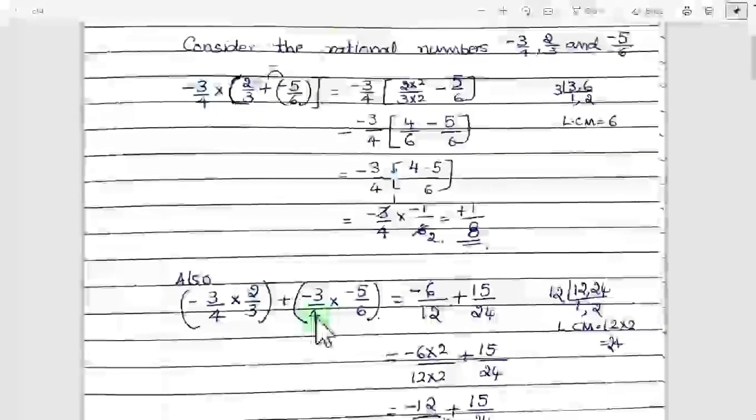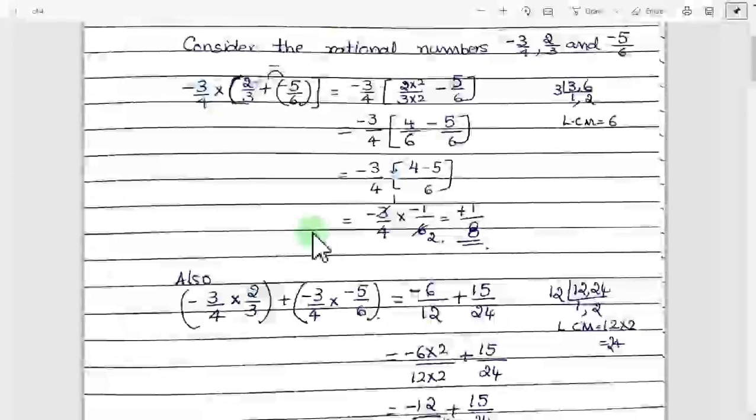So now we will multiply this way. Same rational numbers, minus 3 by 4 into 2 by 3 plus minus 3 by 4 into 5 by 6. Whether we are getting the same answer or not, to check that we are doing this way. We are multiplying the first number to the second number plus the first number to the last number. So minus 3 by 4 into 2 by 3 means here we are multiplying. You don't have to take the LCM. Multiply numerator into numerator. Minus 3 into 2 is minus 6, divided by 4 3s are 12. Here a plus sign comes in between, and minus 3 into minus 5 is plus 15 divided by 6 4s are 24. Now in between these two rational numbers there is a plus sign. So we have to add.